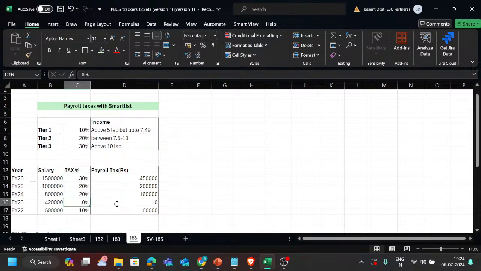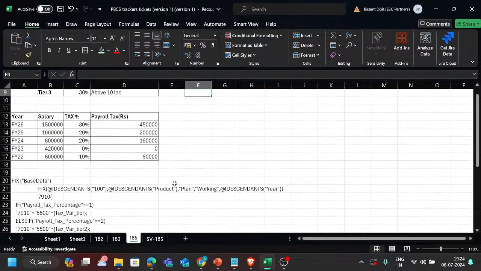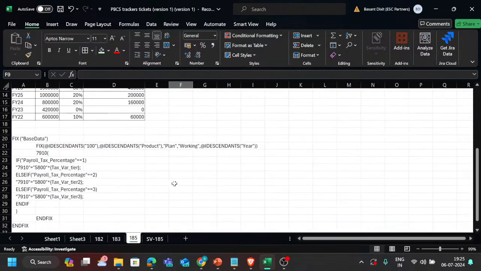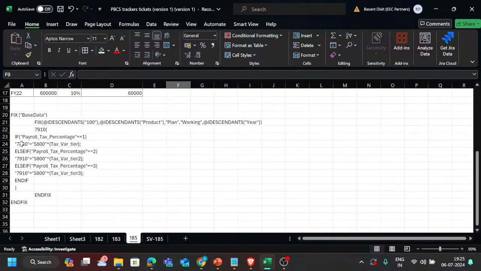You guys know, right? There's a basic exemption limit for all. But for these two, he's going to pay 20% tax. So with the help of a smart list, how can we do this? Let's say we have three tiers: tier 1, tier 2, tier 3. 10%, 20%, 30%. This is the condition. And the business rule I will show you, is we are going to take one